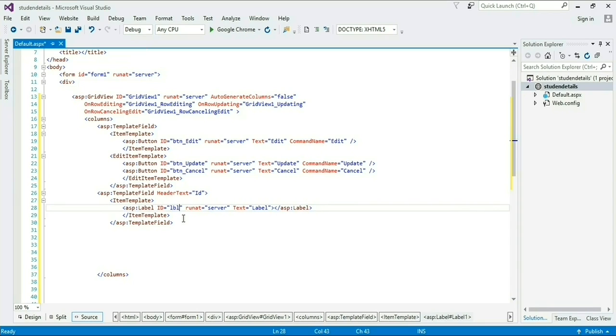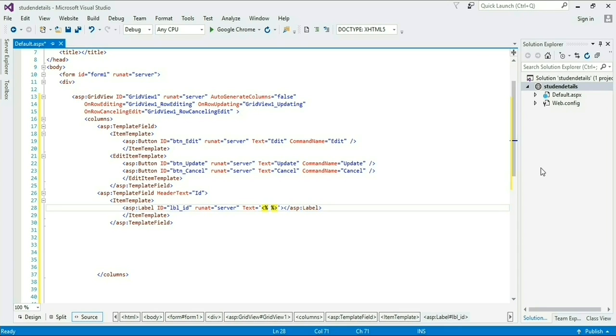I am taking a label and give it the id lbl_id and text. Under this text I am giving the value of our id column.